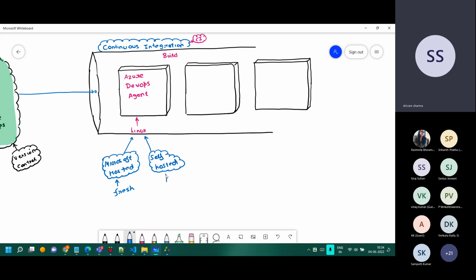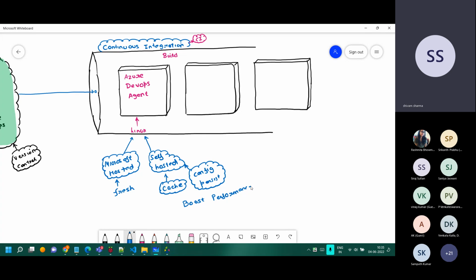The good thing about this is that you can have configuration, you can persist, you can enable the caching over there. That's one thing which I like, the caching part. So you can enable the machine caching, and we can also start persisting the configuration. So what happens, it boosts the performance. So we are also using the self-hosted agent today, and this is the one which will boost the performance. But what's the downfall? You have to manage it yourself.